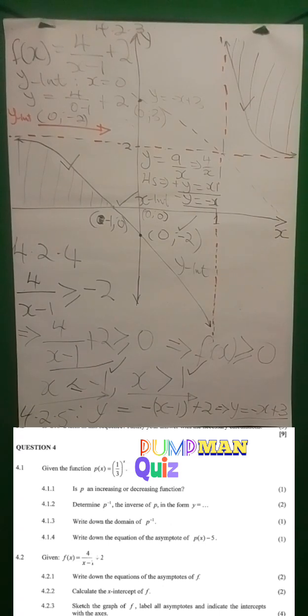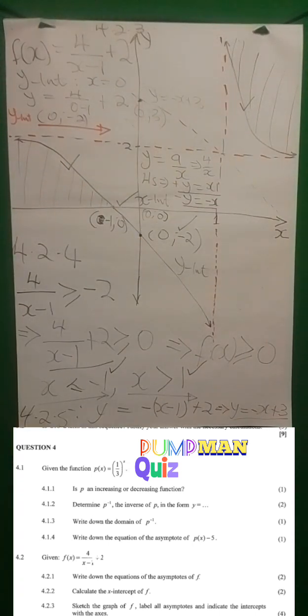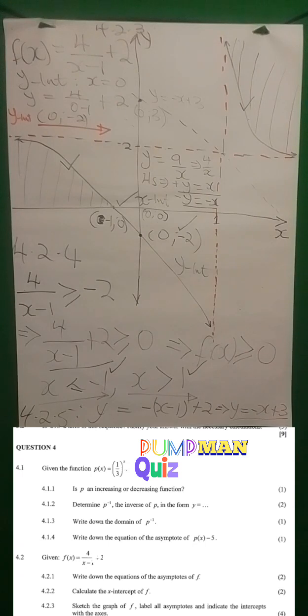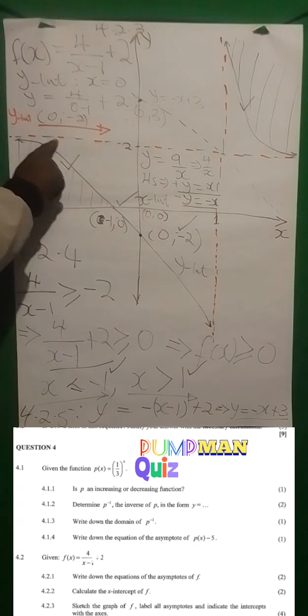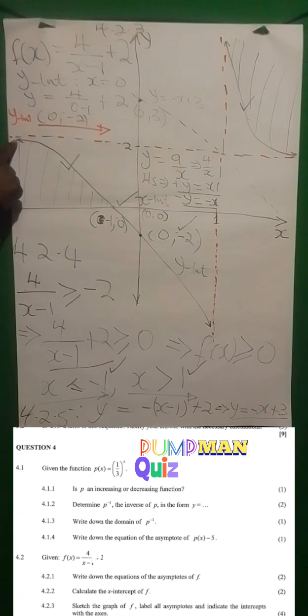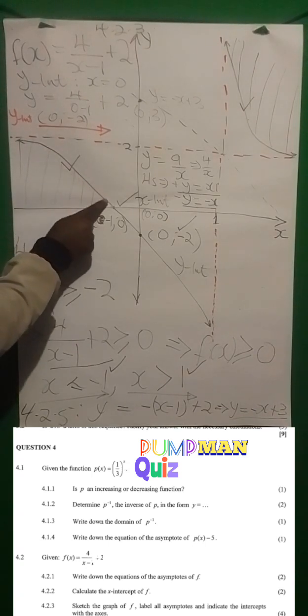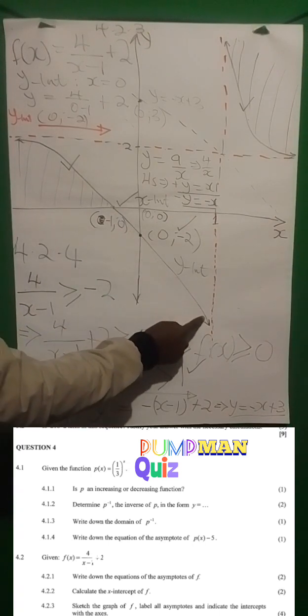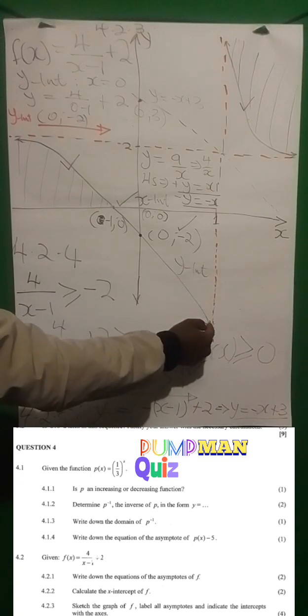Right? So now here are my quadrants that are defined by the asymptotes: the first quadrant, second, third, and the fourth quadrant. And because my numerator 4 is greater than 0, I know that my graph is going to be in the first and the third quadrants. Now that I know my intercepts, I'm going to draw the correct shape. Remember, your graph gets very close to your asymptotes, but it doesn't touch or cross. So I'm going to draw a perfect sketch, cutting the negative x-axis and passing through the negative y-axis, or y-intercept. It gets very close to the asymptote, but doesn't touch